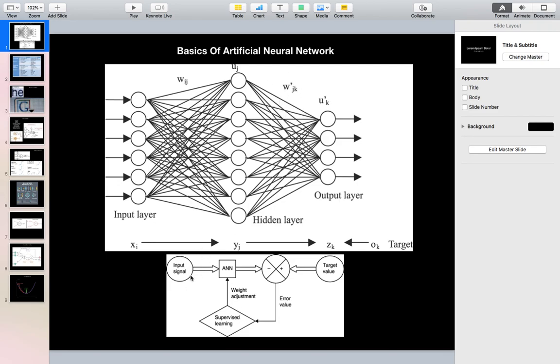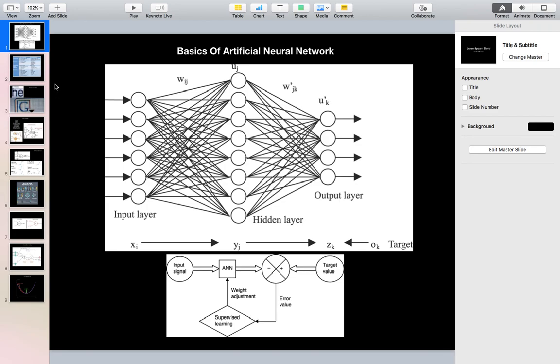So we have this input signal, and then the artificial neural network is here. We feed our input signal to the artificial neural network, and the network consists of what? Weights and biases. Once we feed our input, it computes, and then we have this error value, and we match it with the target. If there is some error, then we go back and adjust our weights, and then again we feed, and we do this a repetitive number of times. That is what the artificial neural network is, right? So it's nothing but a way of multiplication.